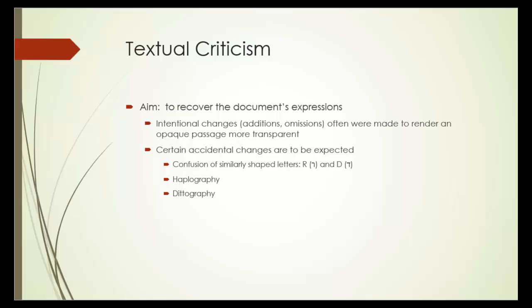Imagine sitting there and copying this instead of including all 3 iterations of half a league. Ending the first phrase, half a league, and then your eye, when it returns back to the exemplar text, that is the model from which you're copying, what if your eye landed on the word league in the 3rd iteration? And so you might only copy that phrase, half a league, once. That would be dropping something out, haplography. Ditography is the opposite, where absent-mindedly a person might write a word or a phrase twice.